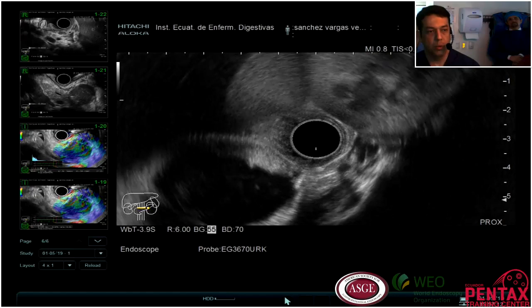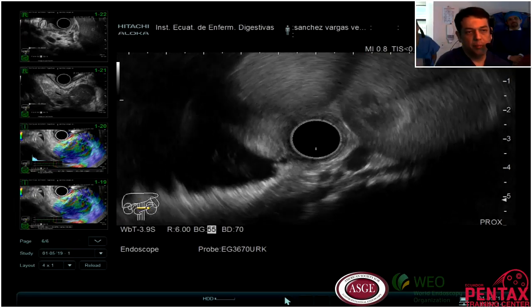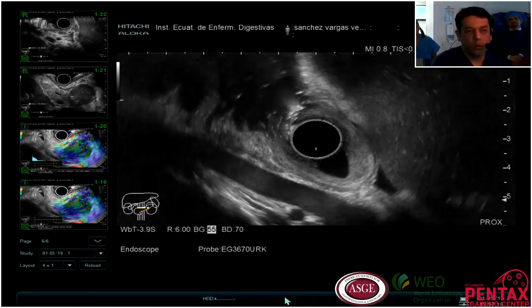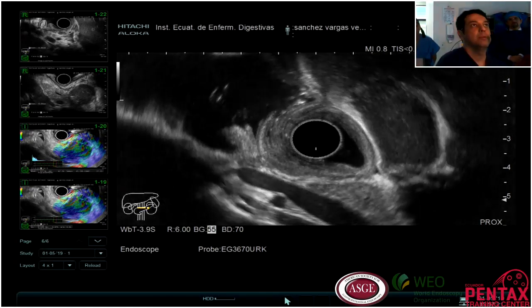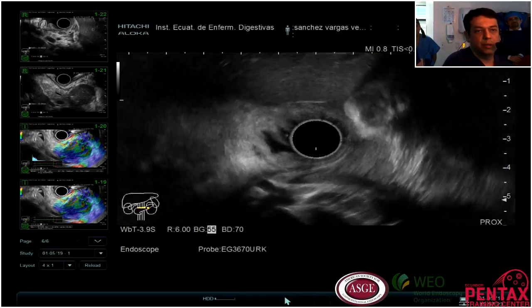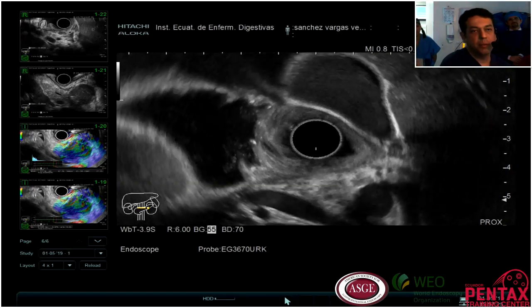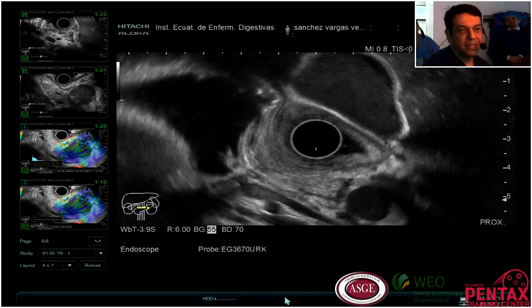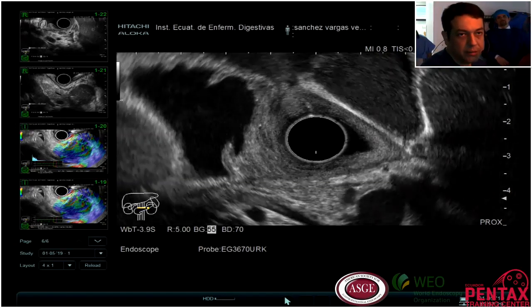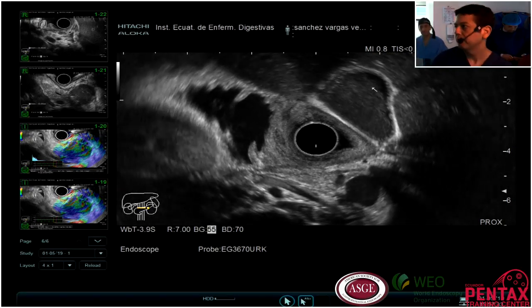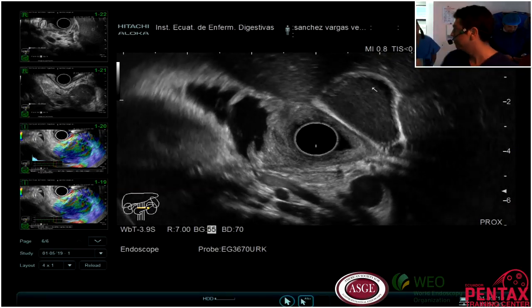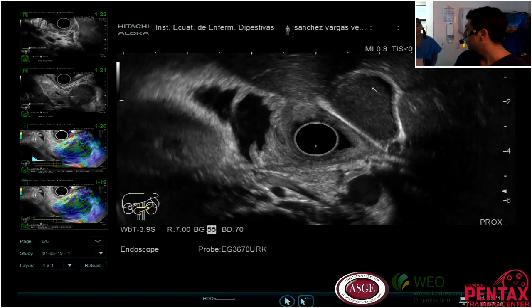But if we evaluate the whole situation of this patient, we need to see very well. So I want to see my gallbladder. If you see here, my gallbladder has a lot of sludge. So the case is very confusing.